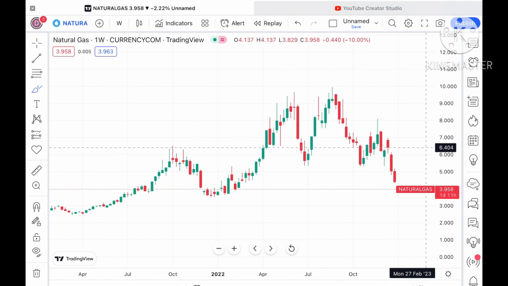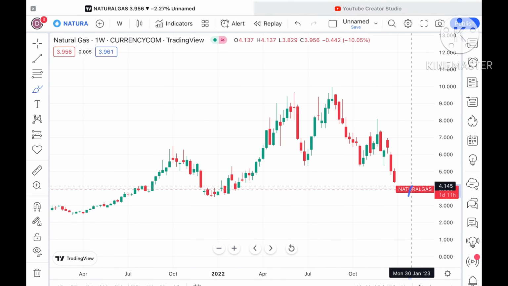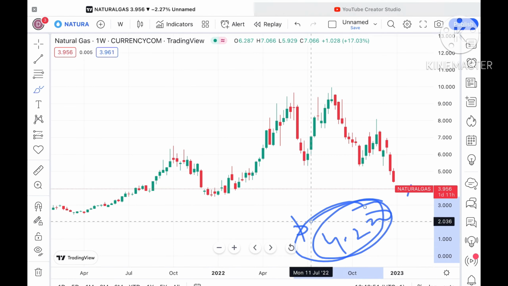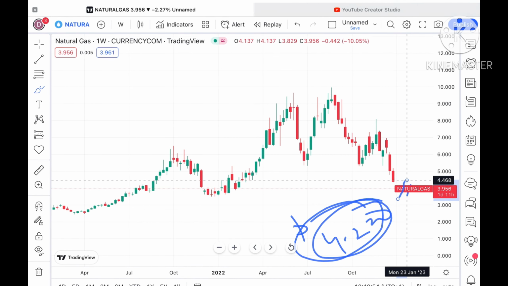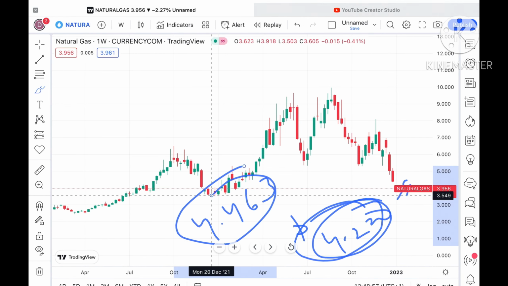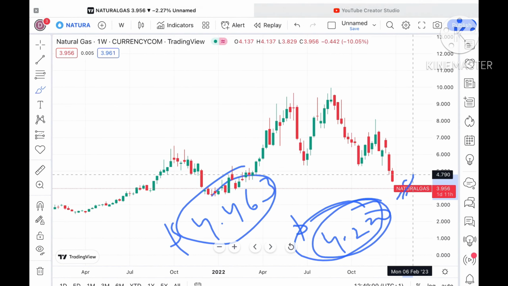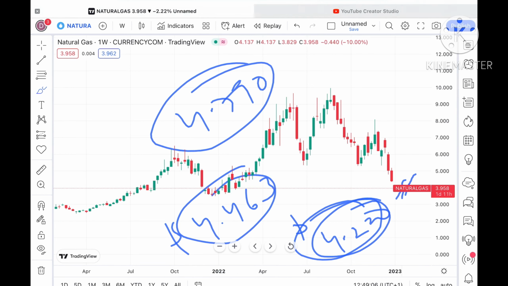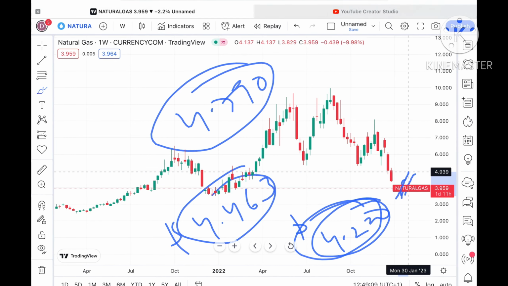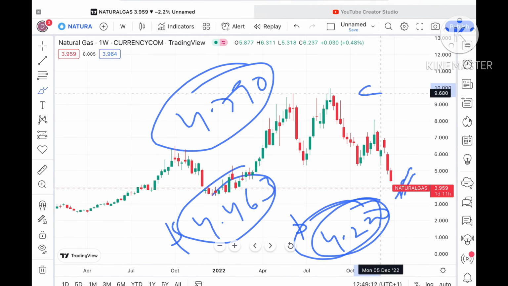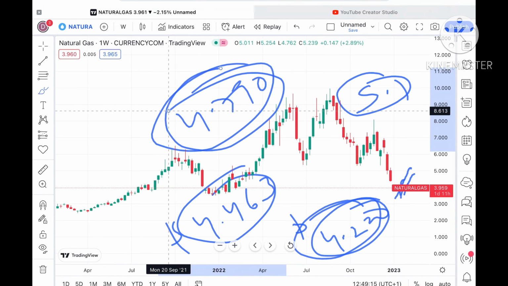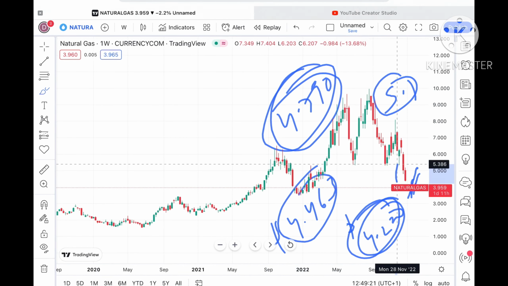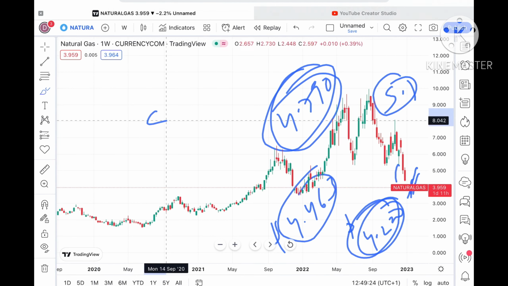So if it forms a swing at this level, we can see it go further upside, with a probability of going towards $4.220. This resistance is already a weak resistance, so chances of moving further upside are there. It can touch a level of $4.463, and once it sustains above that level, it can go further high towards 4.790, which is again a weak resistance. We can see a level of $4.930 to around $5.1. As I have already told you, 4.9 is a strong resistance, and if it sustains, the probability of going towards 5.1 will be there, and from there a level of $5.3.